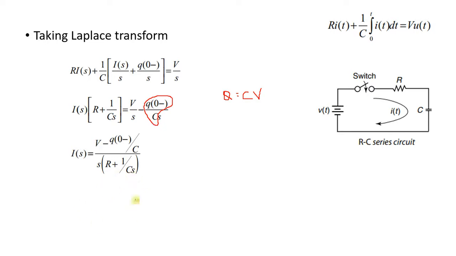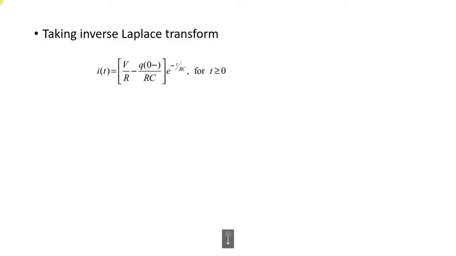For the Laplace transform, our equations are in the form of s plus a, s plus b, like that. So you should rearrange the corresponding equations, and the final expression should be like this. Just multiply this s inside the term. So this is the final equation. These are constants, so you take them outside. This term is nothing but 1 by s plus 1 by RC. If I take the inverse Laplace transform, it gives e power minus 1 by RC into t.